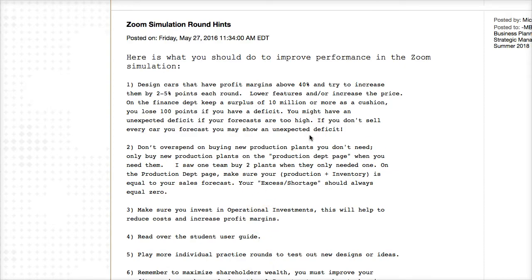Okay, so this is my quick review of round 1. I hope you found a lot of helpful hints to improve your score moving into round 2. And remember, if you scored over 900 points, round 2 is going to be a little difficult. If you're shooting for 400 points in round 2 because you did so well in round 1, you're competing against your own performance from round 1 to 2, and you're always trying to keep your competitors at bay in your market share, it can be hard. But if you scored under 500 points in round 1, you should be able to score better in round 2 because now you're competing against a weak performance in round 1. So just keep those in mind.